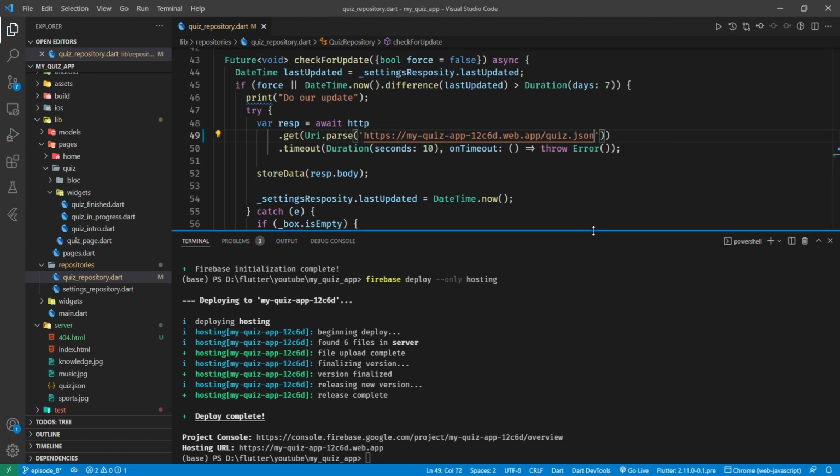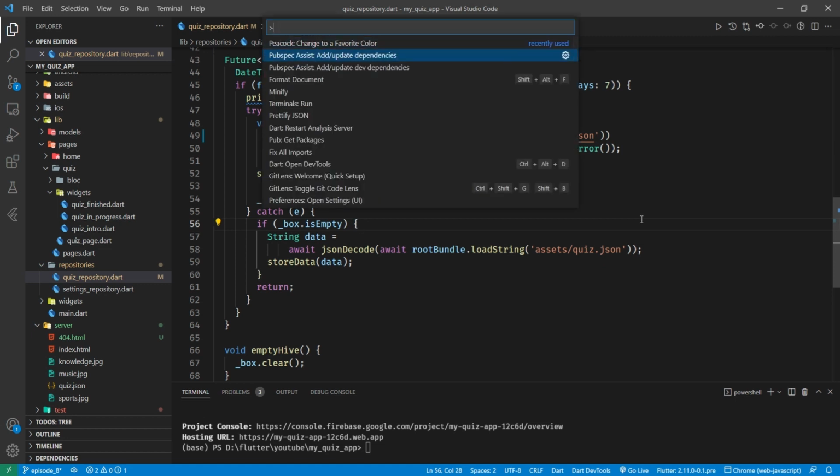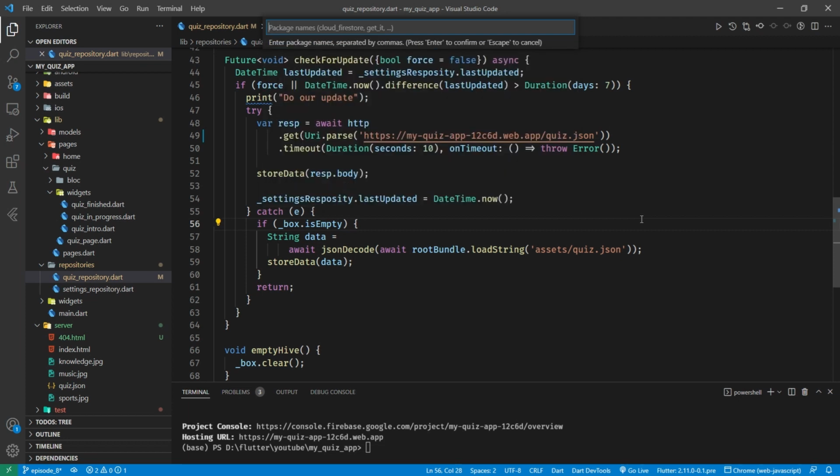Okay, now we need to install a few plugins. And I'm going to do them all now at the same time, even though we're not going to use them all straight away, but it's easier to do that and then restart our app or rebuild our app with everything there. So Control-Shift-P, add update dependencies. So we're going to need Firebase Core, which you need if you're putting any Firebase project in, Cloud Firestore for the database,